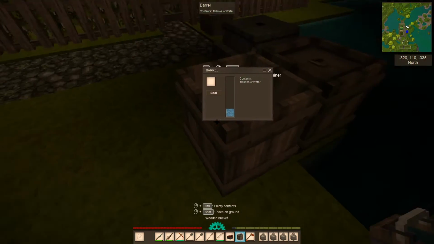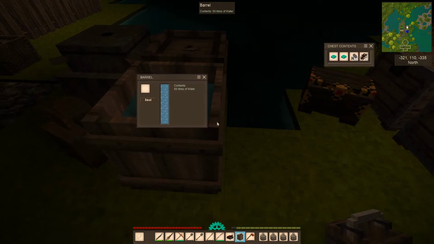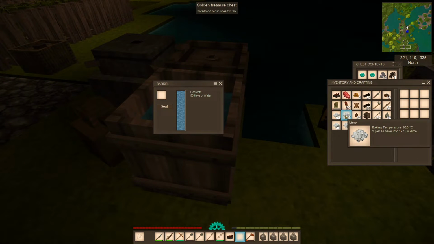Alright, that's 1, 2, 3, 4, 5. There we go. So that's full. Let's grab a little bit more and set this down. And then we can put in a bunch more of the lime. So let's try